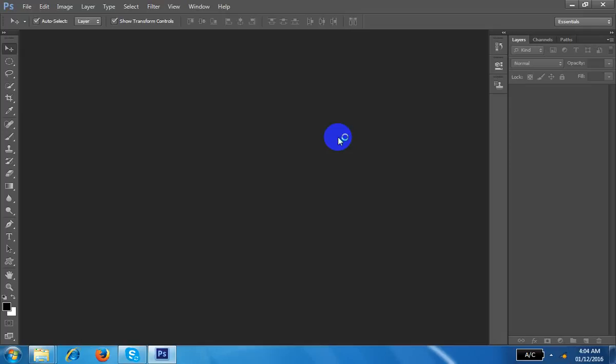Okay, so layer, you understand the alignment, you understand how to merge the layers, you understand how to merge lots of images. You understand how to save the file, what is JPG, what is JPG size, how to make the PDF file, how to compress the PDF file, how to toggle from one document to another document. Everything, this basic thing you understand.